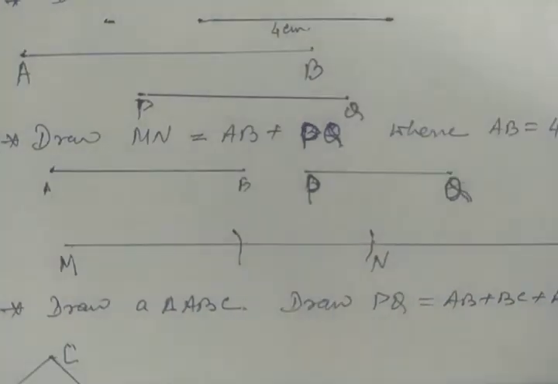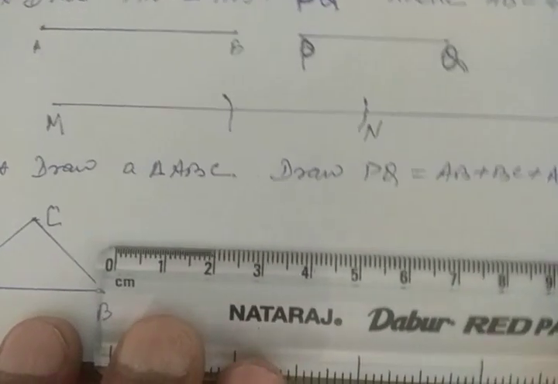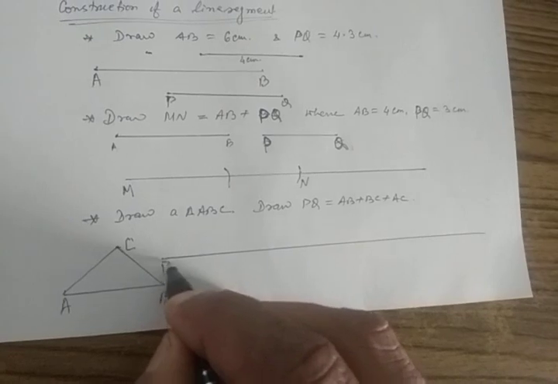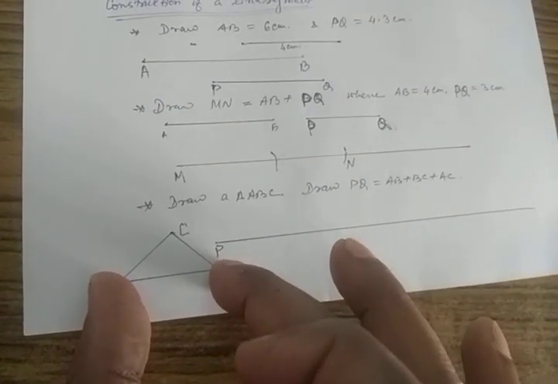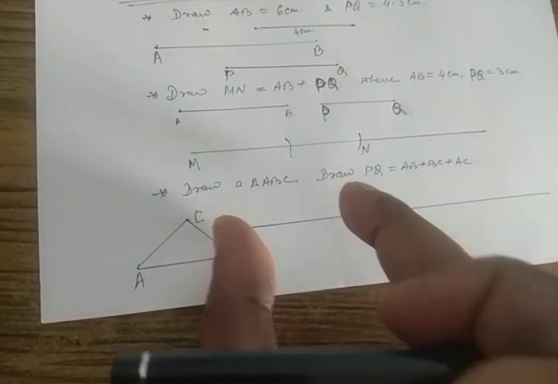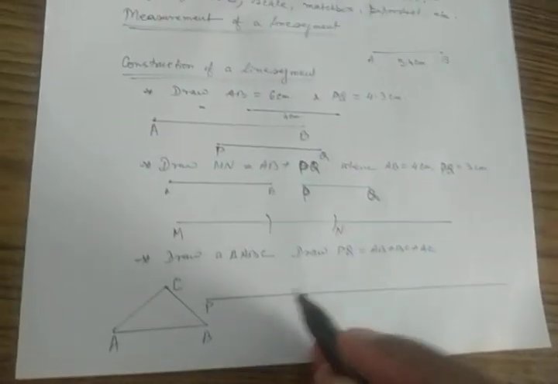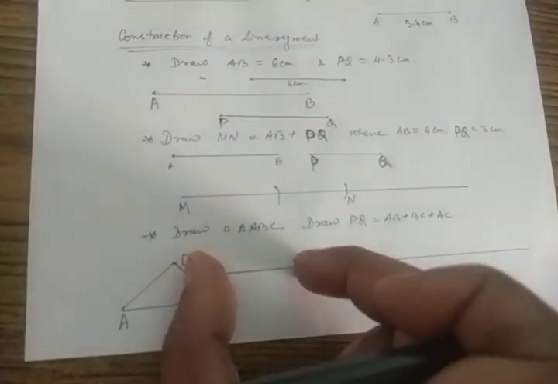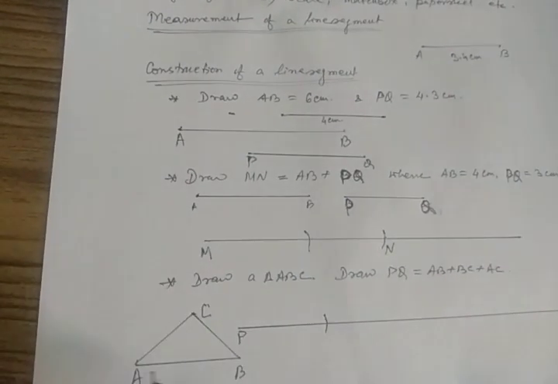For this purpose, once again, you can draw a line. Is it clear? Just see, you can draw a big line, and you just put here P. It is written here PQ, so I put here P. Now once again, using your compass, just measure this AB. Measure this AB and put it at P and mark Q. Just see, this is the point for AB. So this length and this length should be equal. It is equal to AB.